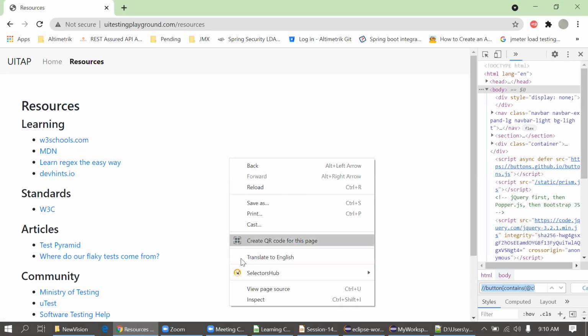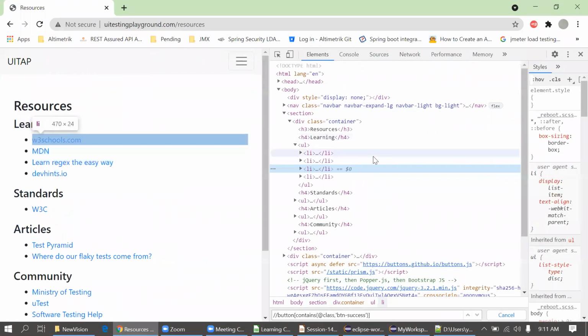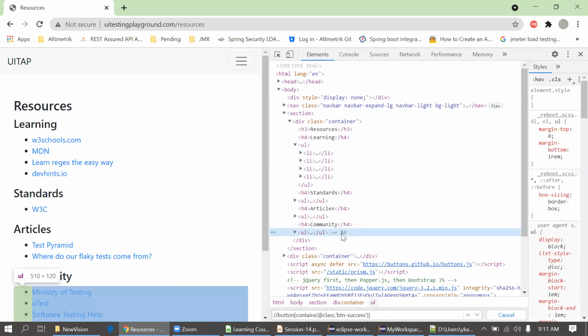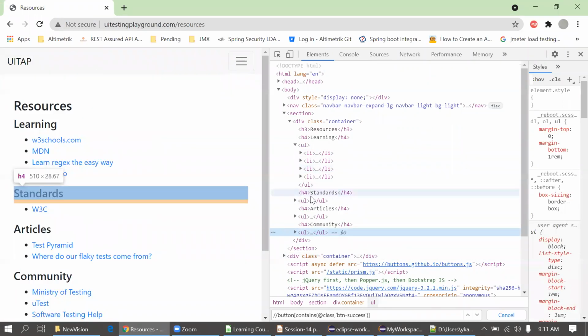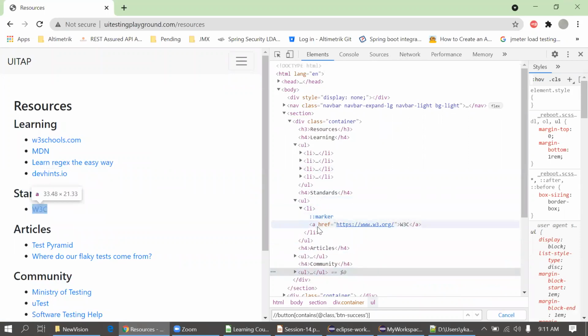So I'll simply create a locator for this. I know a link should be in an anchor tag. You can see links are always in an anchor tag, so I will simply put //a.